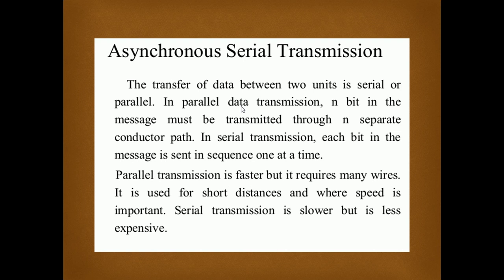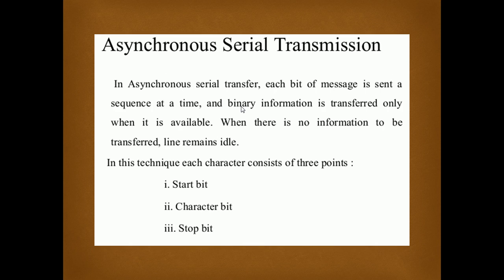That means definitely we need some way to show the receiver that there is data, to make them synchronize with each other. Our work is to synchronize the sender and receiver, to involve both of them in the communication. So to perform asynchronous serial transmission, the first step is to make them synchronous by some concept, by some signal, or by some bits. So here we use different bits. They are called the start bit, the stop bit and the character bits.